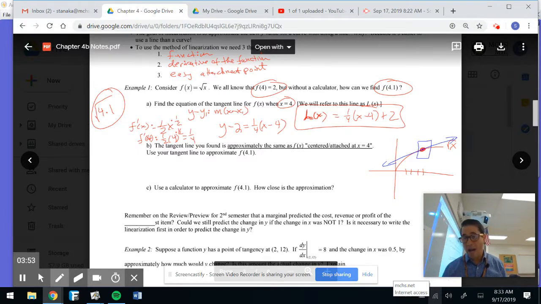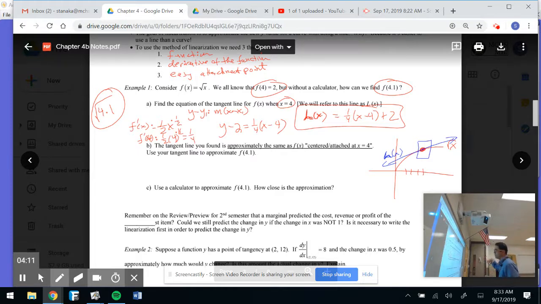Unpause. You probably said over because the blue is over, right? And if the blue is the approximation, that blue is L of x. Fancy L. Okay, that's L of x. And if L of x is above, it's probably going to be an over approximation. Okay, it says B. The tangent line you found is approximately the same as f of x,